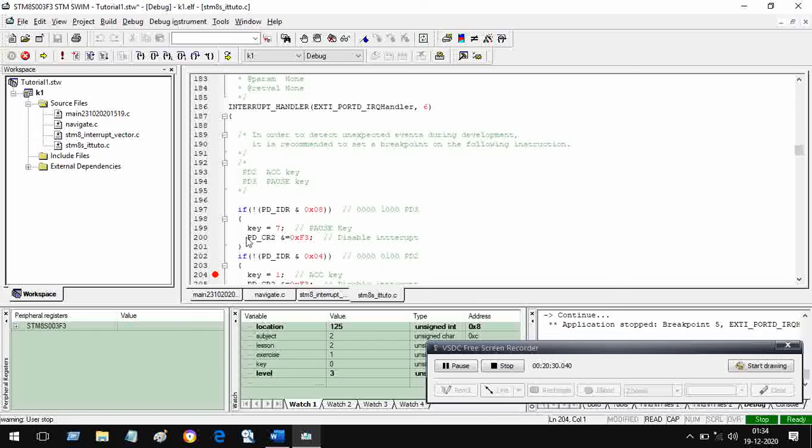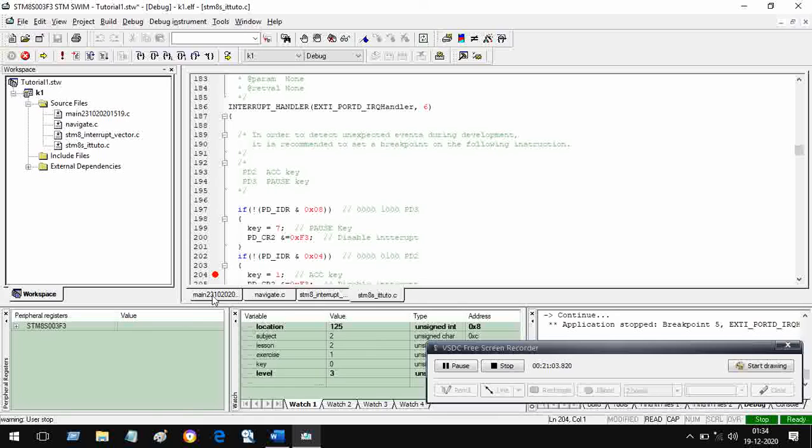Then I say that I want to disable interrupt. After getting an interrupt, I declare that I am going to disable the interrupt, and I will enable it when the action has been taken. Action has been taken, and some delay has also been introduced because of the debounce phenomenon. You remember I discussed the debounce phenomenon of the keys. So to get out of that debounce phenomenon, what we had done is we had first disabled the interrupt.